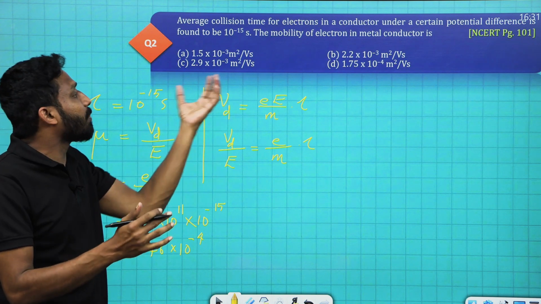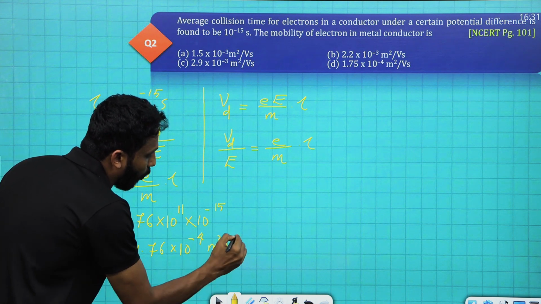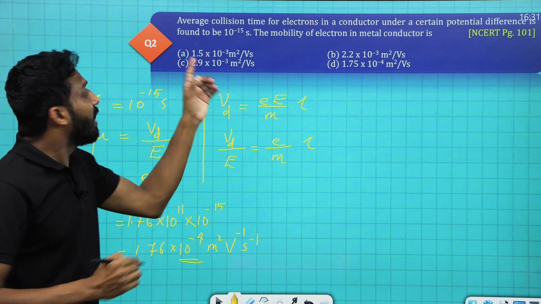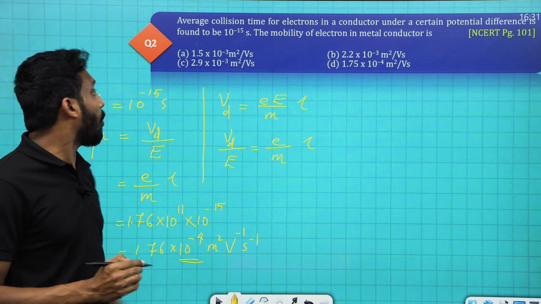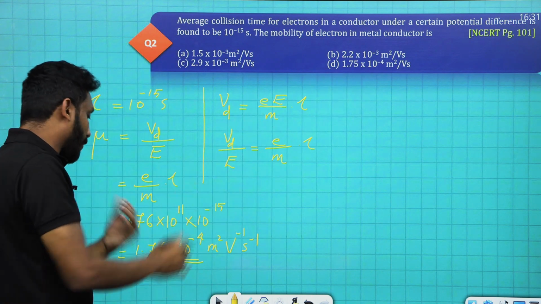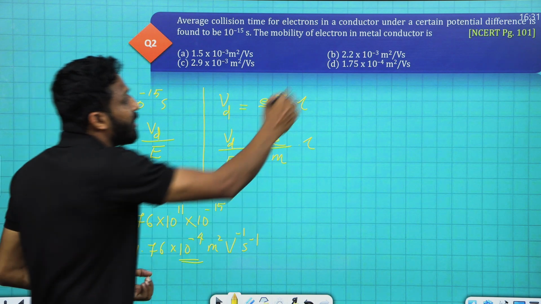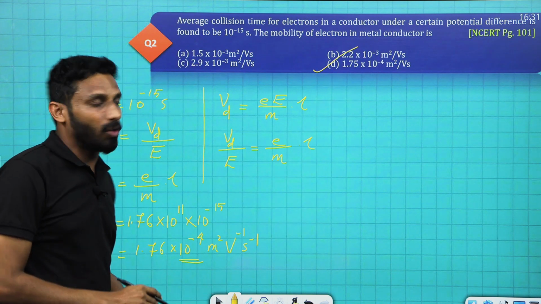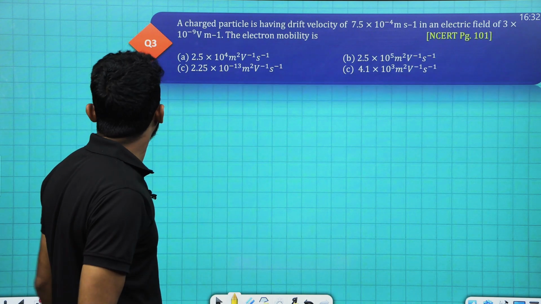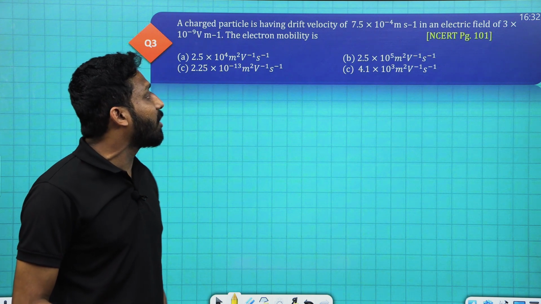Newton per coulomb or volt per meter. So it will be meter square per volt per second. This is the SI unit given here in the option. So the answer is 1.75 into 10 raised to minus 4, or approximately 1.76. This is the answer given in the option. Clear? Okay, the next question is, a charged particle is having drift velocity of 7.5 into 10 raised to minus